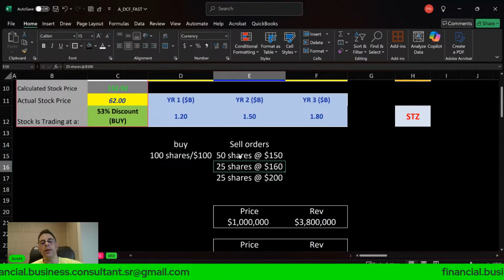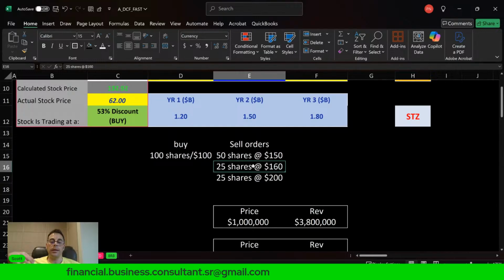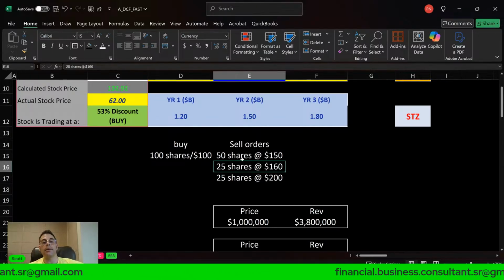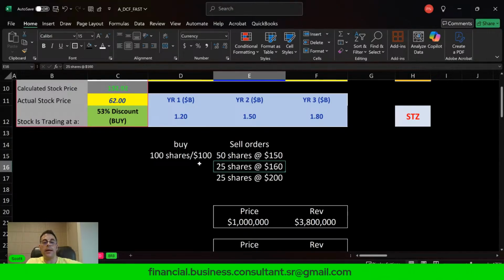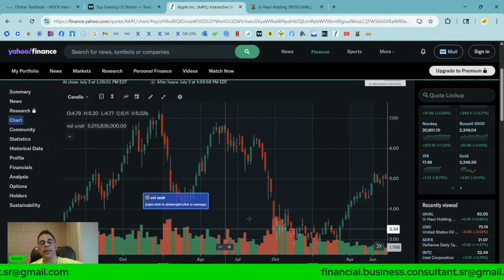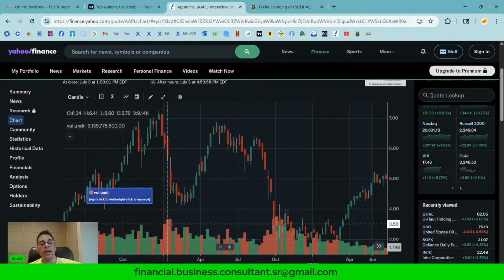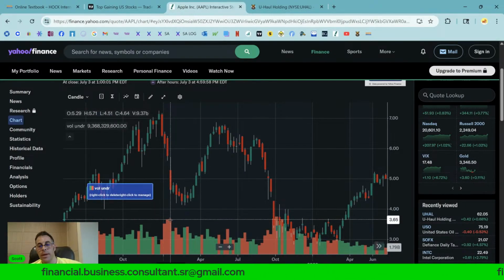Regardless of what you put, once you have this set up, and 10,000 other people have a similar setup, they have sell orders, which are always higher than the stock price. You're not going to sell it for less than the stock price. Because if you wanted to get $90 for the stock, you could just sell it today at 100. So the sell orders are always higher. And that's how the market tracks it. And when there are more sell orders than buy orders,